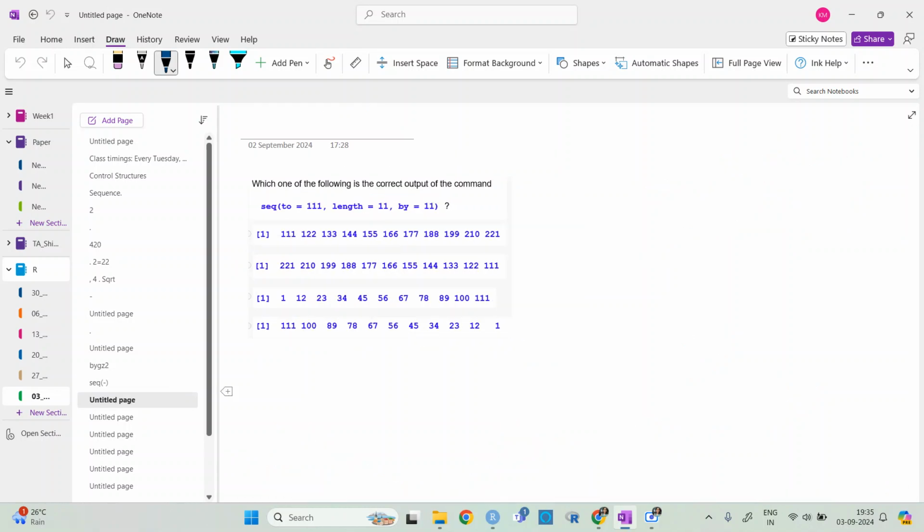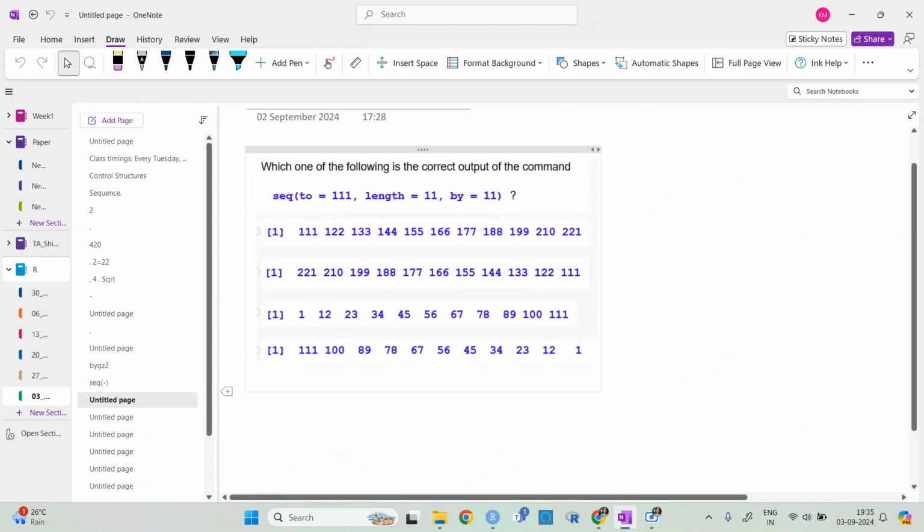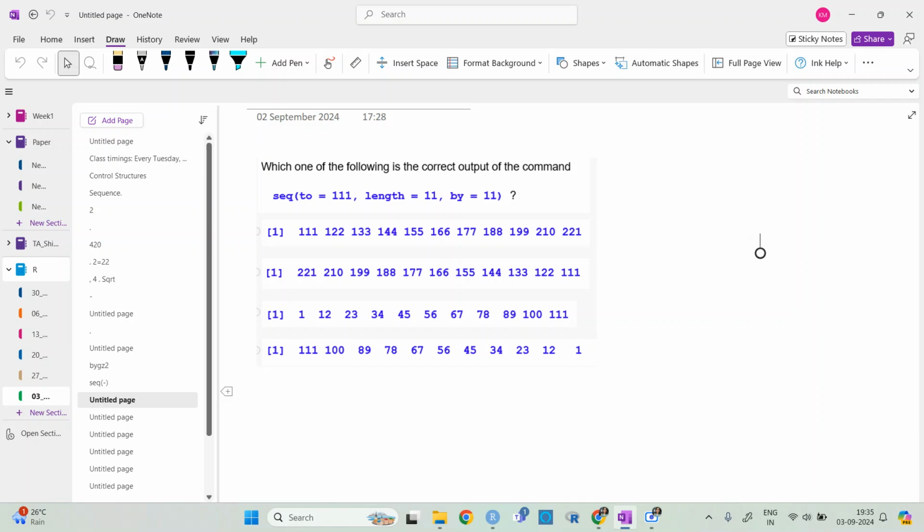Next one. Option C. It is 111, so 111 should be last.